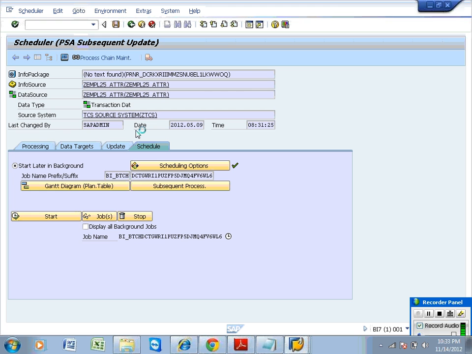Whatever it is in PSA, when you click on update manually, the request will be updated into the data target manually. So this is again the same thing we are doing here, but using another option. This is a new option. Data source, right click, manage, select the request and click on the scheduler so that the request will be inserted into the data target.